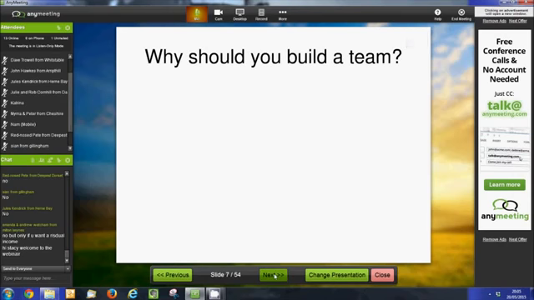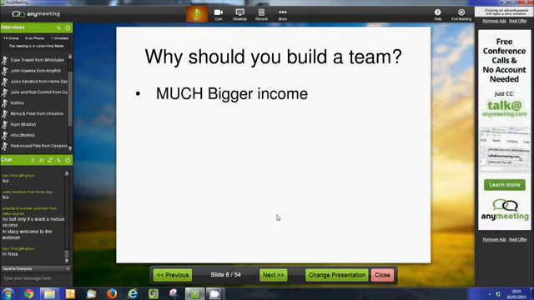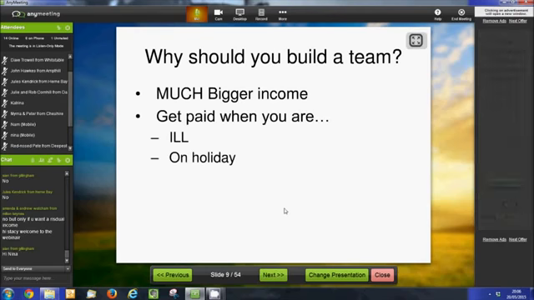So why should you build a team, even if you're not sure of that? Well, there's a number of reasons. So one is you can earn a much bigger income. There are people in Kleeneze, some of the really top retailers, who are earning kind of £3,000 a month plus, just doing their own catalogues and some Facebook selling as well. But there are people earning 10, 20, 30, 40,000 pounds a month by building a team. So you can build a much bigger income if you do build a team.